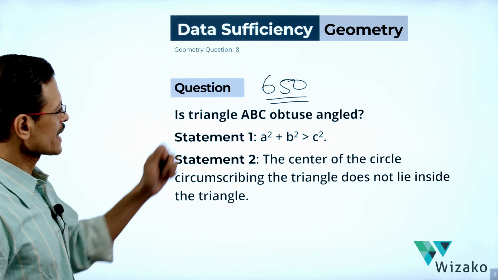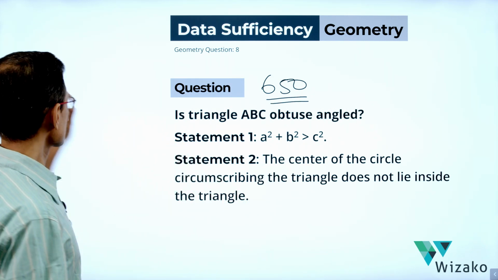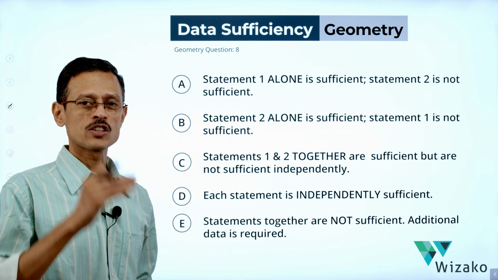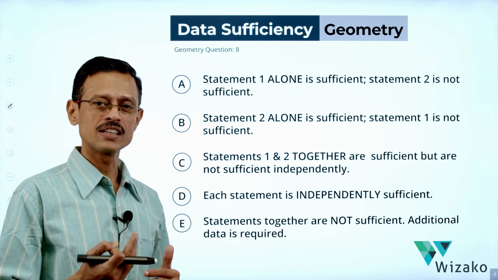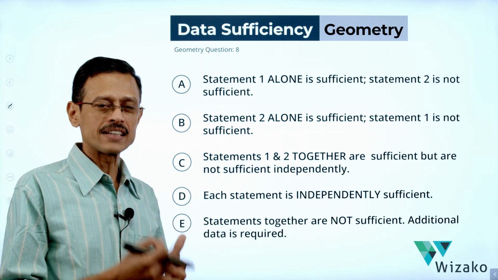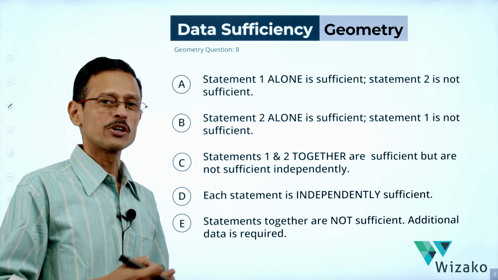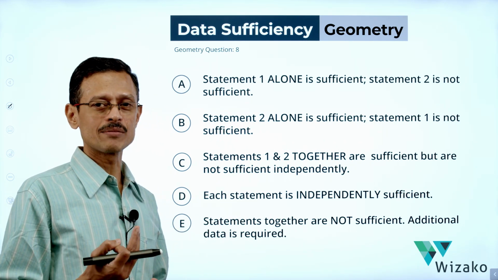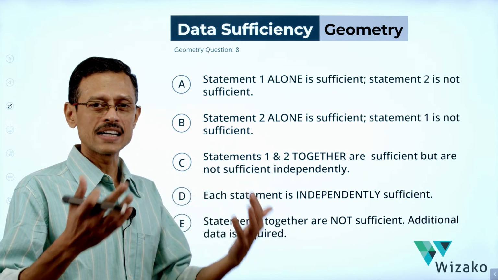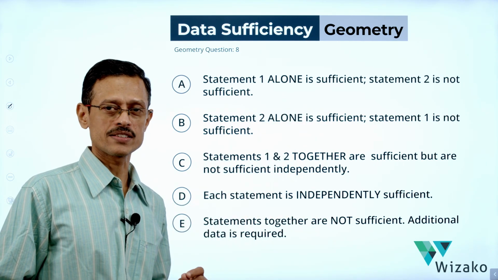The question is: is triangle ABC obtuse angle? Before we look at the statements, take a look at the 5 answer options. These answer options as far as GMAT goes will not change. Answer option A is always, statement 1 alone is sufficient, 2 is not, so on and so forth. Get conversant with this. These are obviously available as part of the question given to you in every single DS question, but you should not be looking at what these answer options are in the examination. You should know what D is, what C is, what E is. You should know it by heart. By the time you solve about 100, 150, 200 DS questions, this should be in place if you haven't already got it in place. Let's move on.